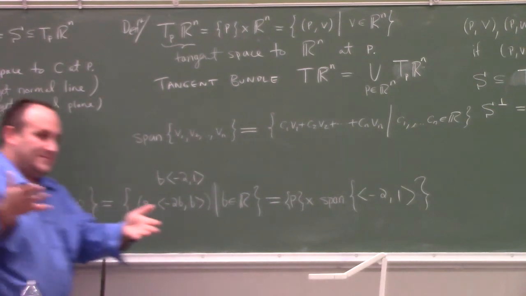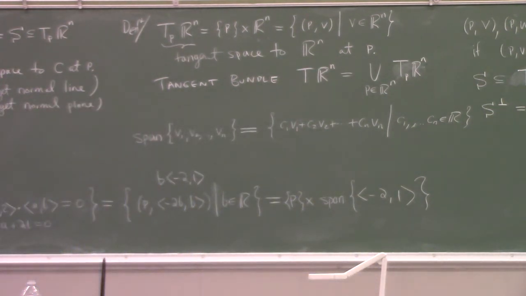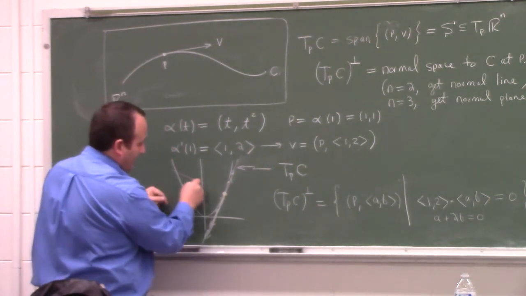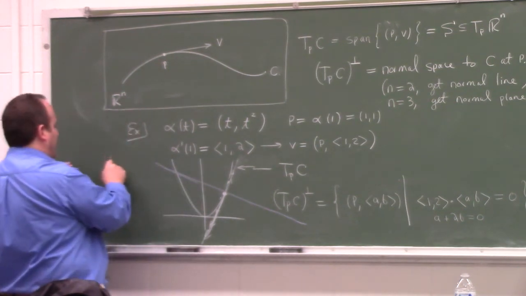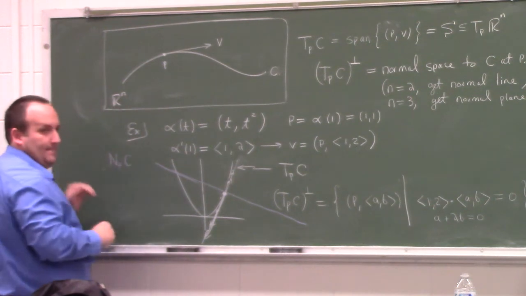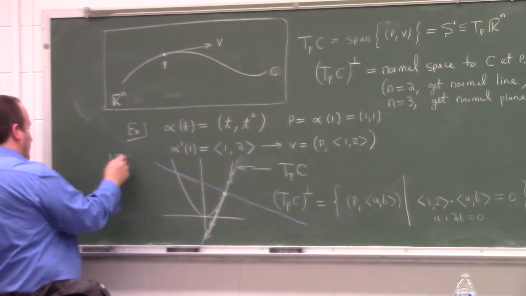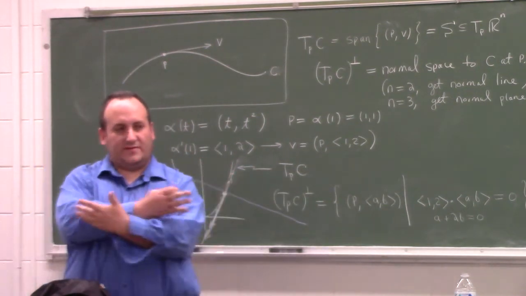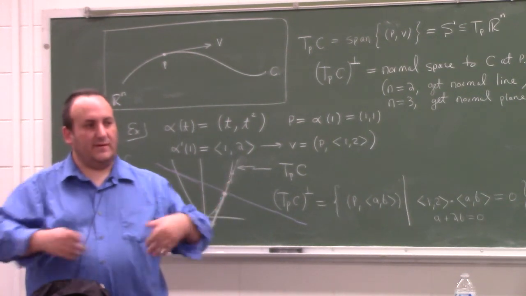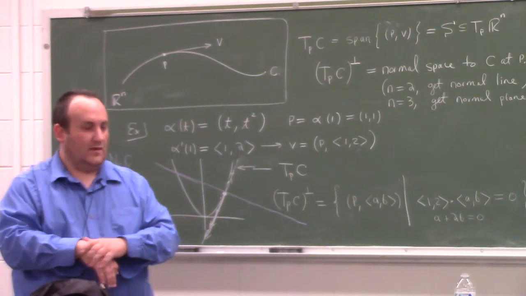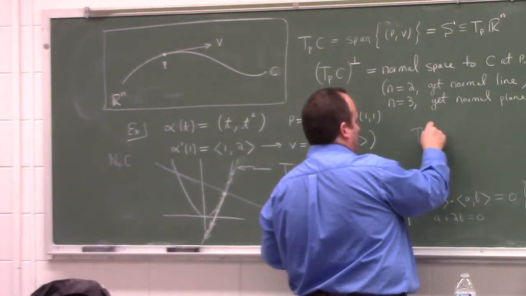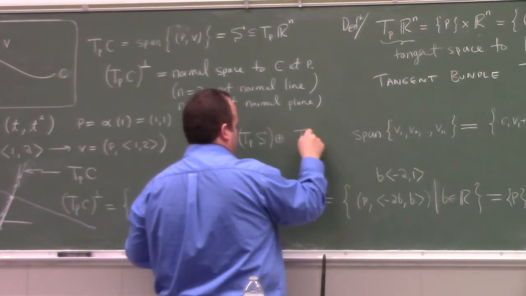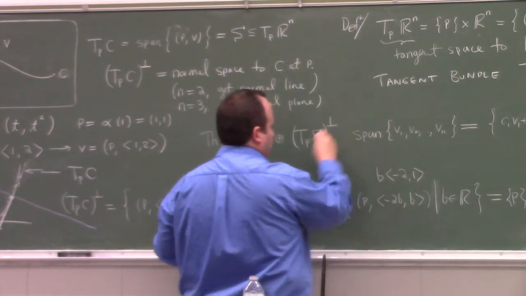So I can draw that back over here, right? It's also a normal line. In what direction does it go? Over 2, up 1, right? So I sometimes would call that the normal space at P to C. The normal space at P to C is the perp, the normal space. The tangent space and the normal space are complementary. If you put both of them together, they give you everything, right? It's a theorem of linear algebra, essentially, that the tangent space to P at S in direct sum with the tangent space to P at S perp is going to give you,